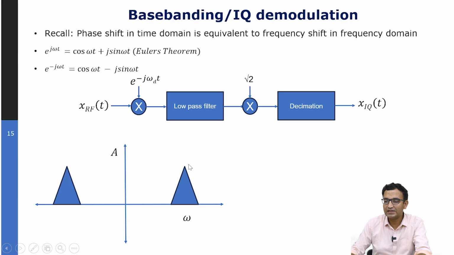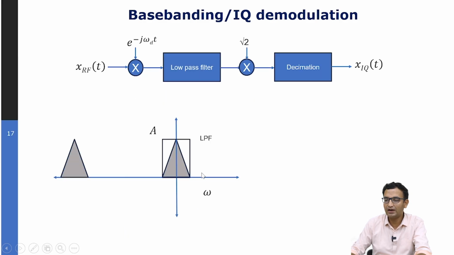So what we have done essentially is basebanding. We have brought this passband signal, which was at a frequency of omega d, to a center frequency of 0. And that is where we are right now. Once you have brought the frequency down, let's talk about sampling this signal. Since the maximum frequency is also reduced considerably, we need not go for a very high sampling frequency. We can now decimate the signal by a certain factor of interest, and after that we can perform the sampling. So once we decimate this signal,